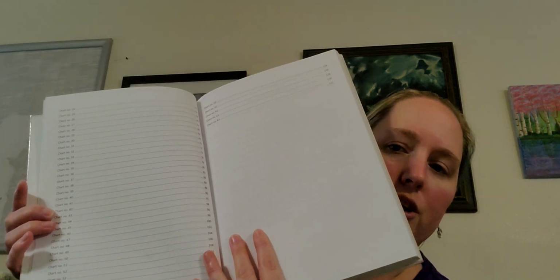Grandpa Costanza, and I can go through the chart, find his name. Okay, he's on chart 15. Chart 15 is on page 36. I can just flip to page 36 to look at his information. And there are 63 charts